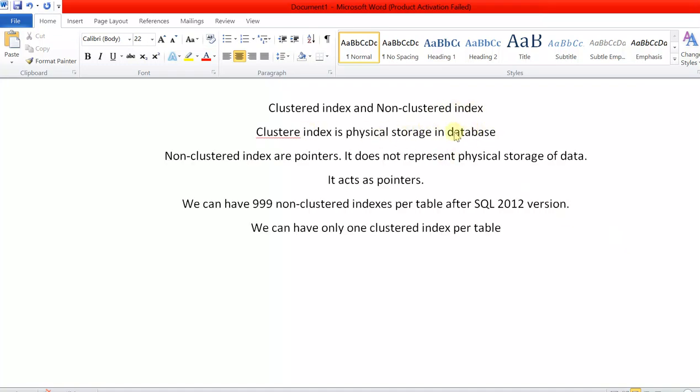A clustered index is a physical storage in the database. If we are creating a clustered index on a column, that column's values will be stored physically, whereas a non-clustered index does not store the physical values. It will act as pointers. So it does not represent physical storage, it acts as pointers. We can have 999 non-clustered indexes per table after the SQL 2012 version, whereas we can have only one